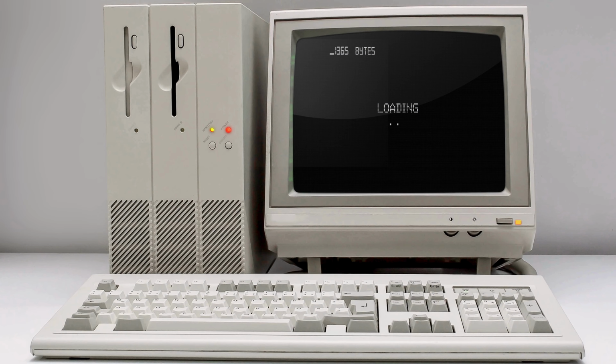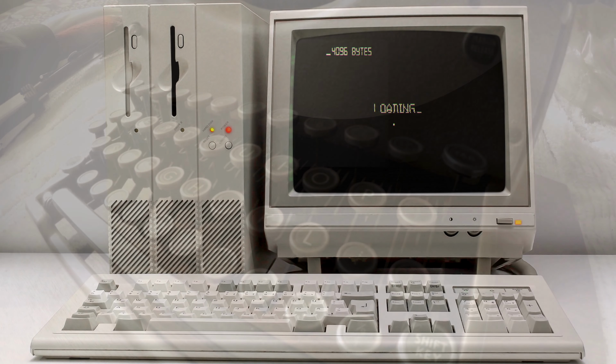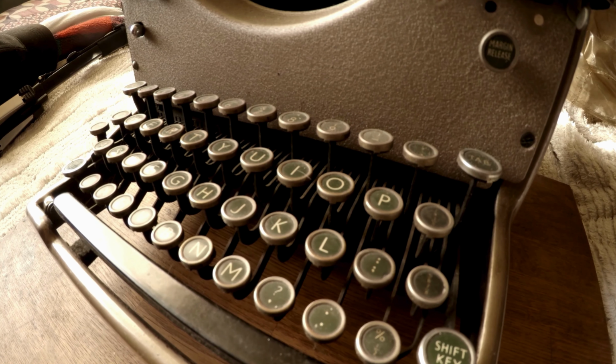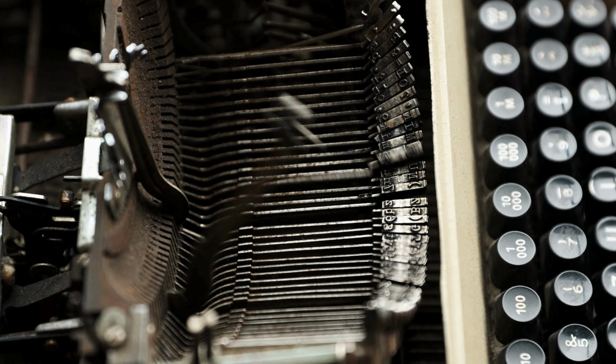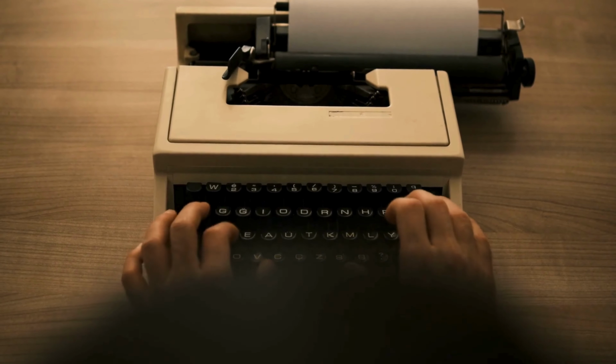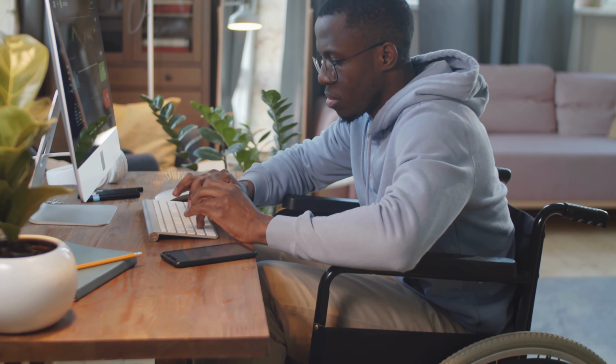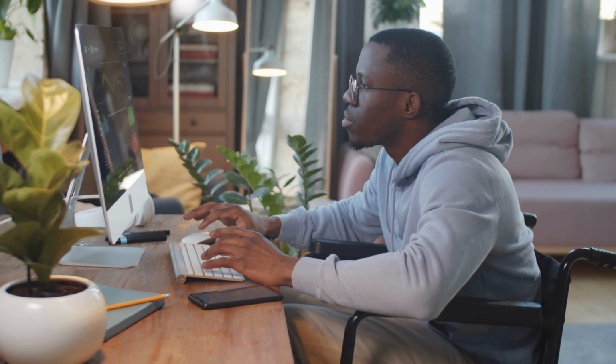Their story goes back more than 100 years, to a time before computers even existed. Back then, people used typewriters, heavy mechanical machines that required precision, speed, and accuracy. And in that era, typing was not just a basic skill, it was a profession. But there was one big limitation. Most people had to constantly look down at the keyboard while typing, which made them slow and inefficient, until one